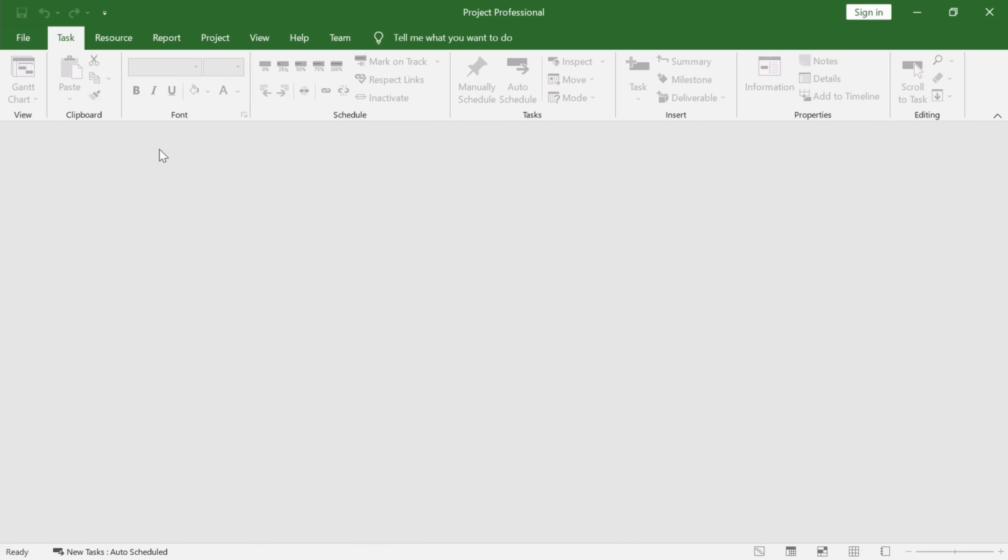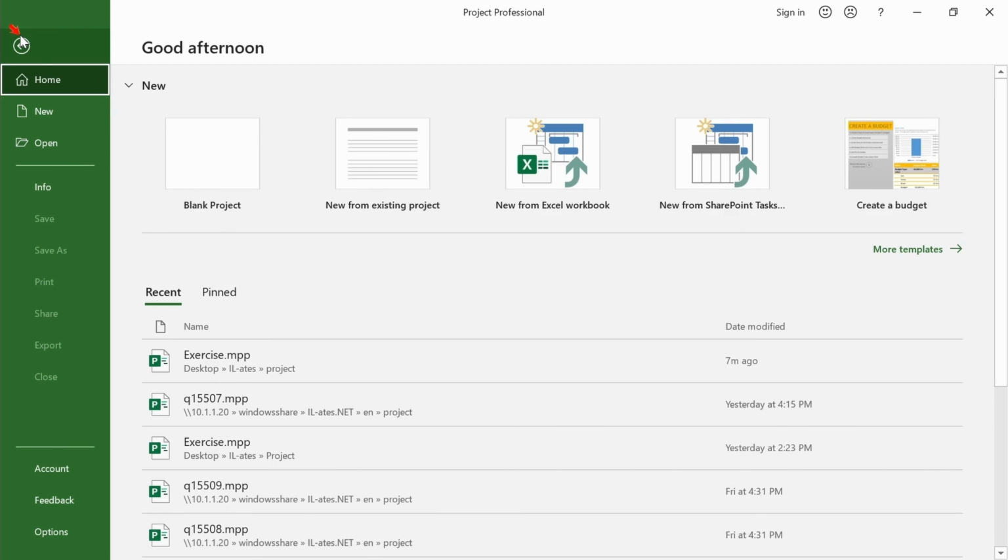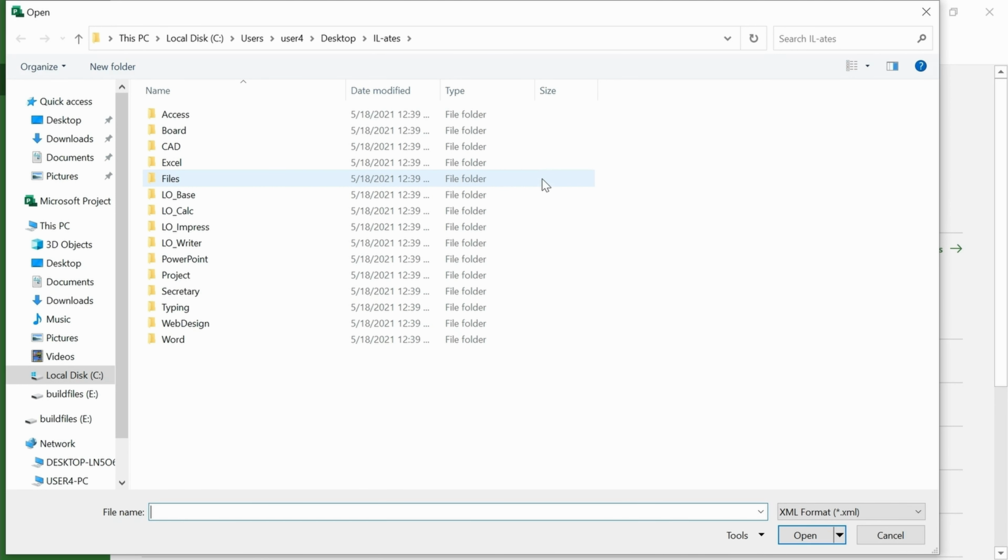It is now time to see how we can create a project by importing from an Excel workbook. Go to the File menu and select Import from Excel Workbook.